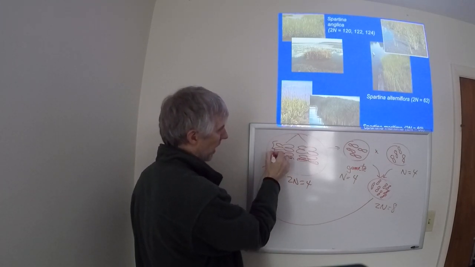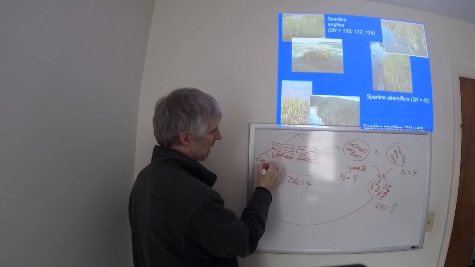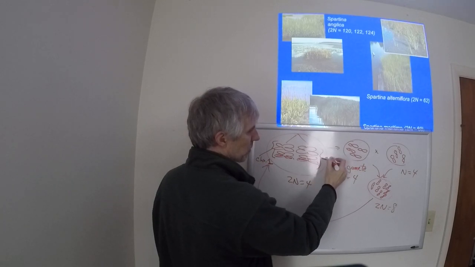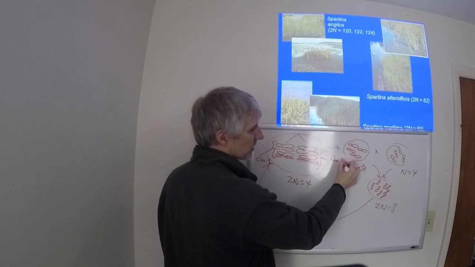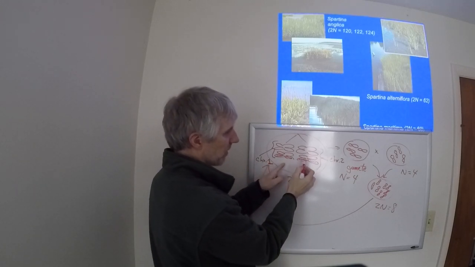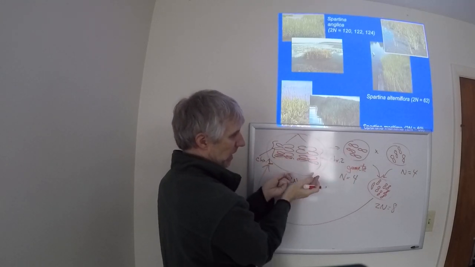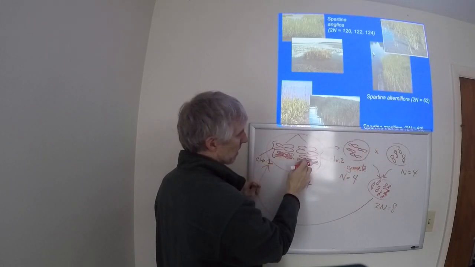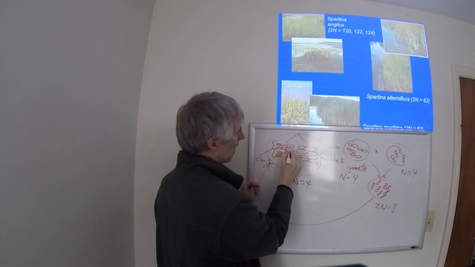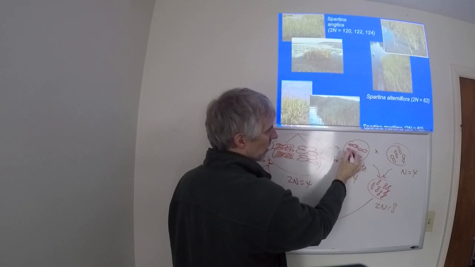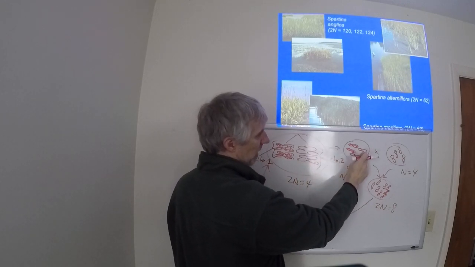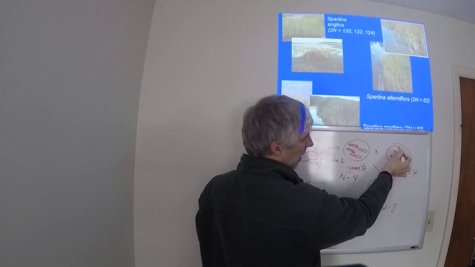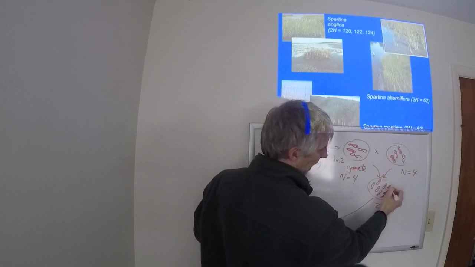So this tetrad here, let's say, represents the 2 chromosome 1s that occur in this cell, and this represents the 2 chromosome 2s. With non-disjunction, they didn't pull apart properly, I ended up with them all on one side. Here, let's color code them like this. That means that 2 of these are chromosome 1s, and 2 of these are chromosome 2s. Same thing happened in the other individual, and now I've got